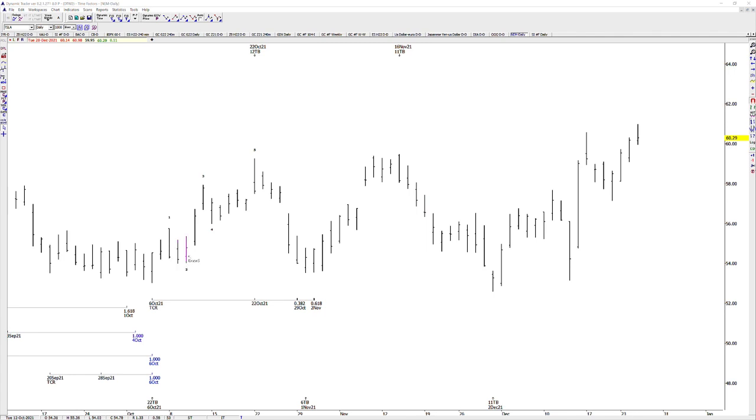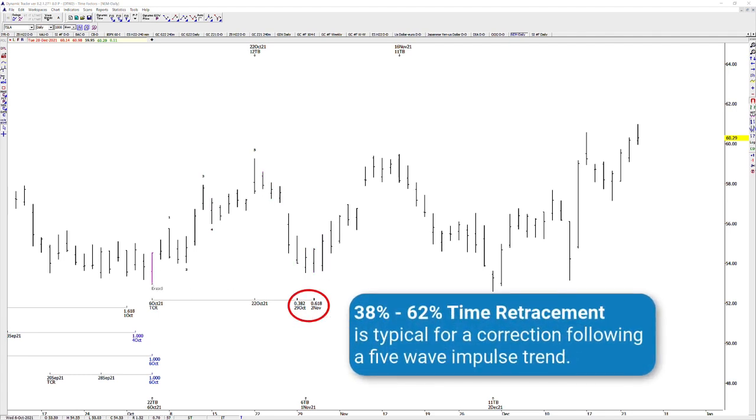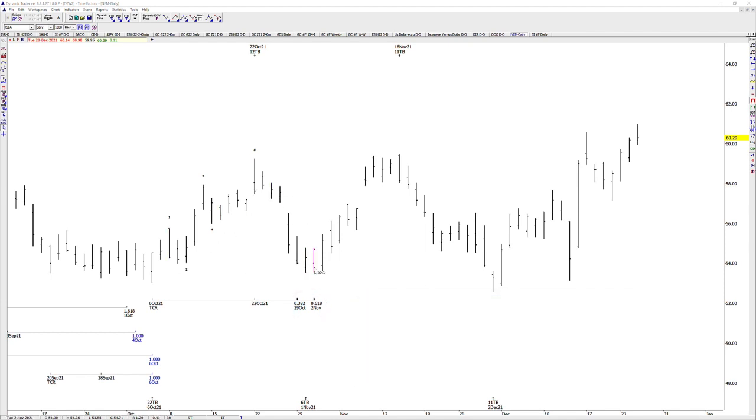What is the typical time retracement following a 5-wave impulse for a correction? Around the 38 to 62% time retracement of the 5-wave impulse to complete a correction. Well, this correction was complete right in that 38 to 62% time retracement of the 5-wave impulse. Just wanted to show you that. These time factors just repeat over and over again, not all the time, but they just about always give you some good information. Had another advance of 11 trading days, which was just 1 day off of the 100% alternate time projection of this 12-day advance,